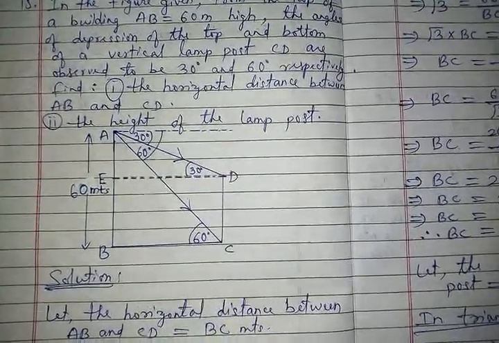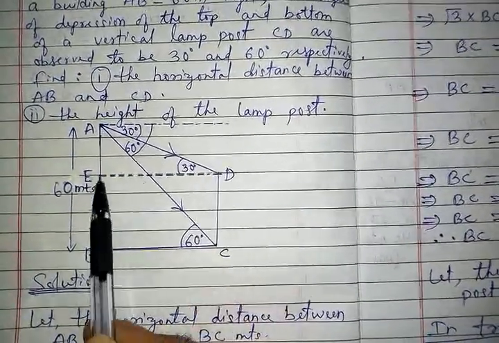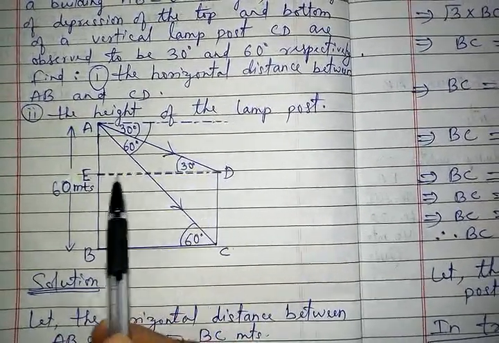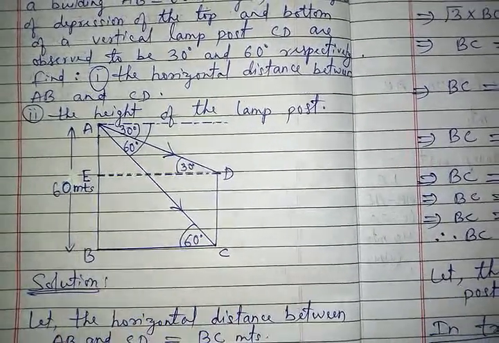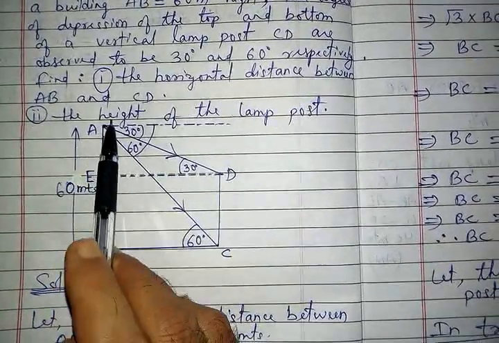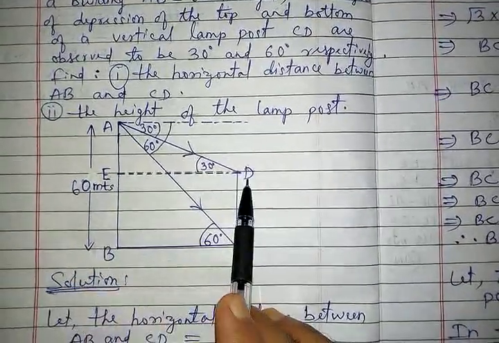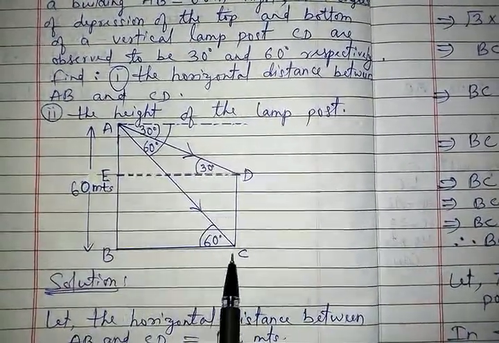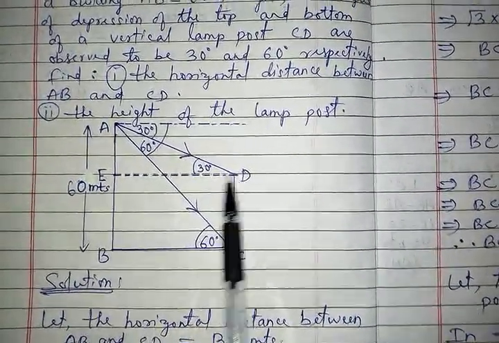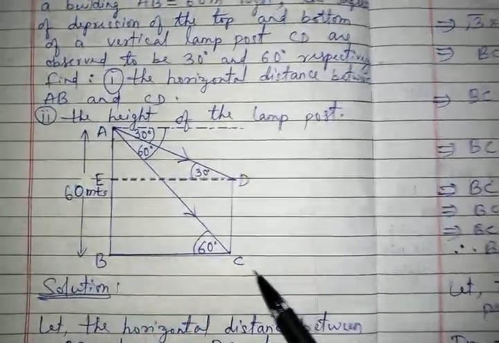So to find CD, what we do, actually this particular line ED was not in the diagram, but to find CD we drew this. So that's why this is an imaginary line. After drawing this imaginary line, I will write E here, and with the help of this 30 degree, I will try to find AE. Why AE? Because if I know BC, I also know ED. So from the first triangle I will find BC, and the same value of BC I will apply for ED, and with the help of ED I will find AE. Once I know the value of AE, I can find CD.